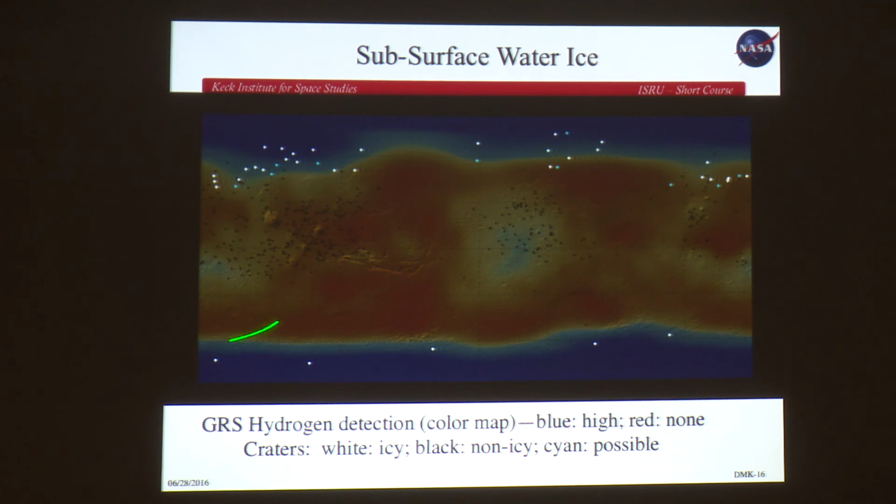Most of these are in areas where we've seen water ice in the past from orbit, but some of them are not. So this is a little bit lower than the gamma ray spectrometer can penetrate. It can only penetrate very shallowly into the depth. There's probably more ice here down at 1 meter or 2 meters in some of these places. And so we're using these craters to map it out.